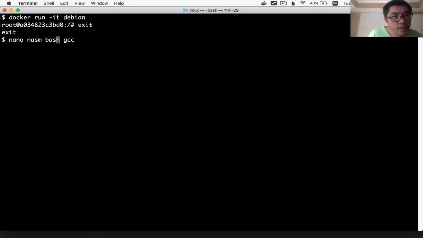Really, I mean, you should already have Bash actually. And if you want to use vi instead of Nano, that's fine too. So really the things you need are NASM and GCC. I have an image that I created that already has these things pre-installed. So if you're using Docker, you don't even have to install them yourself.